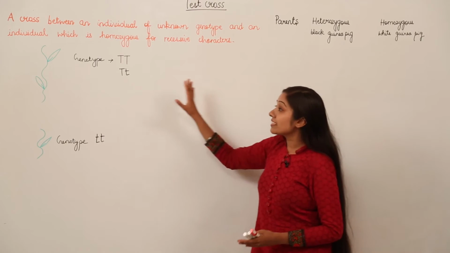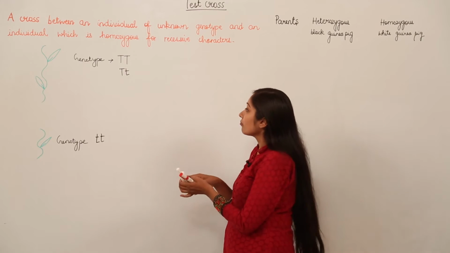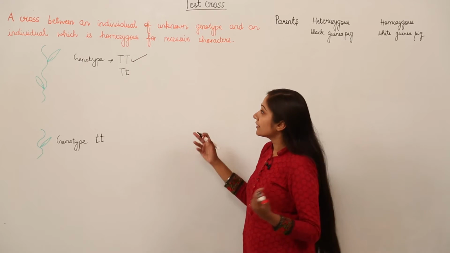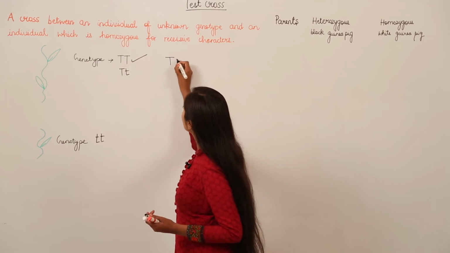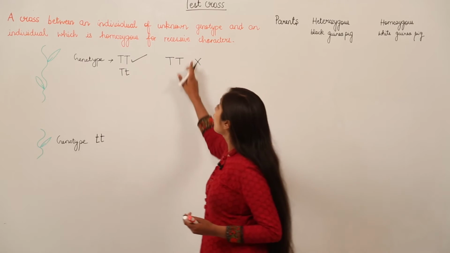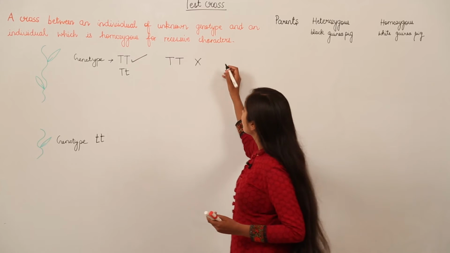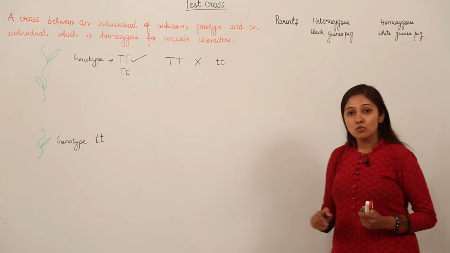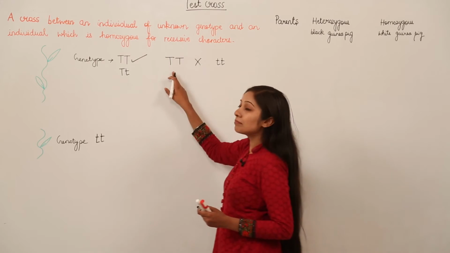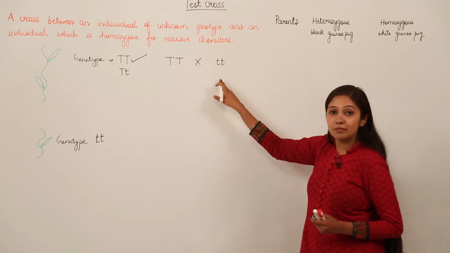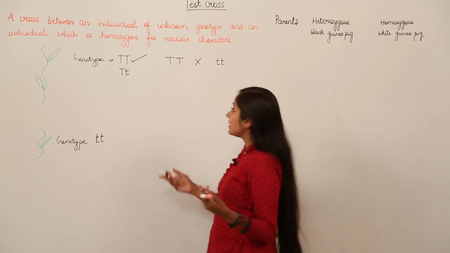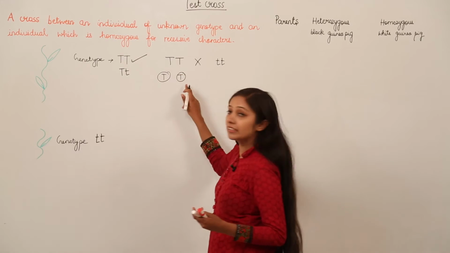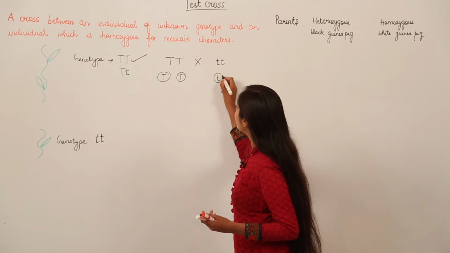Let us start performing what happens. Let us consider the first genotype. For example, we have a cross of a homozygous dominant with a homozygous recessive pea plant. What is going to happen? This is a pure tall pea plant and this is a pure dwarf pea plant. What are going to be the gametes? They will be like this. From this parent we are going to have these, and from this parent we are going to have these.